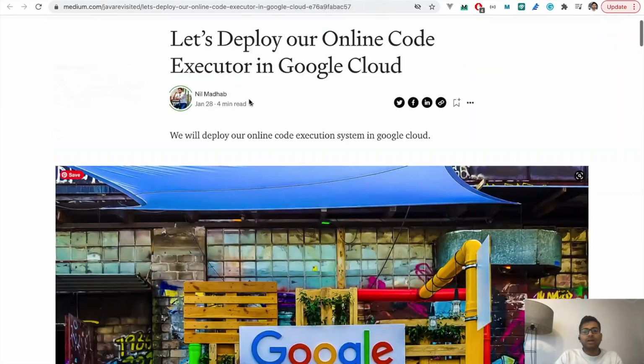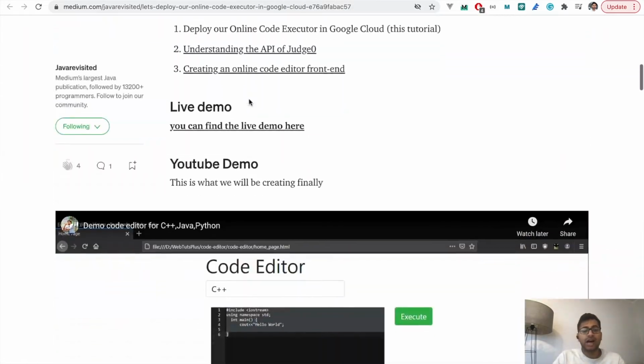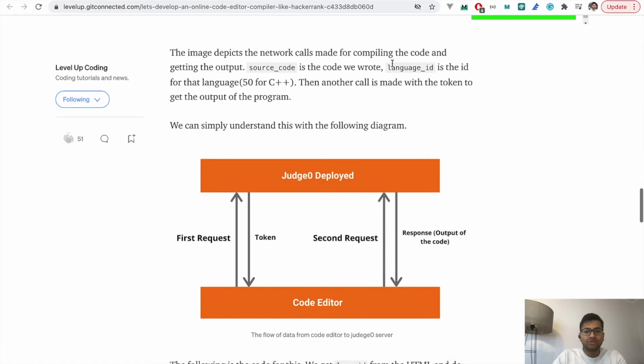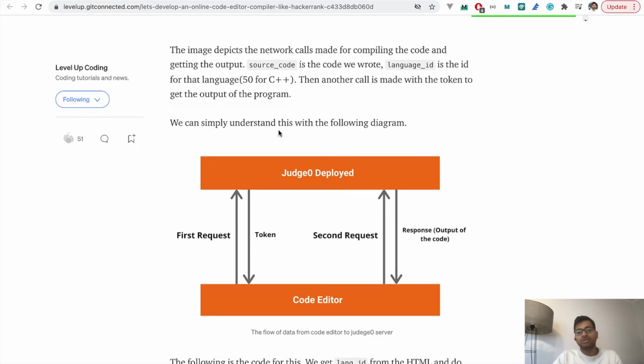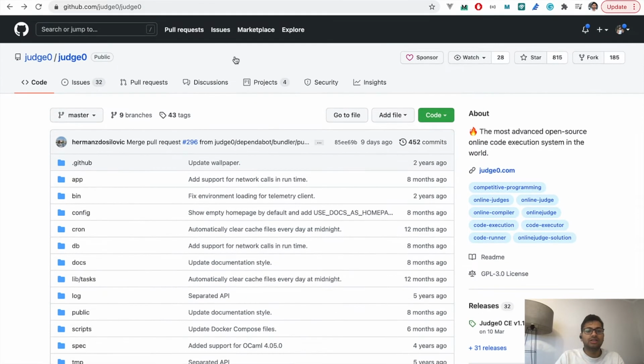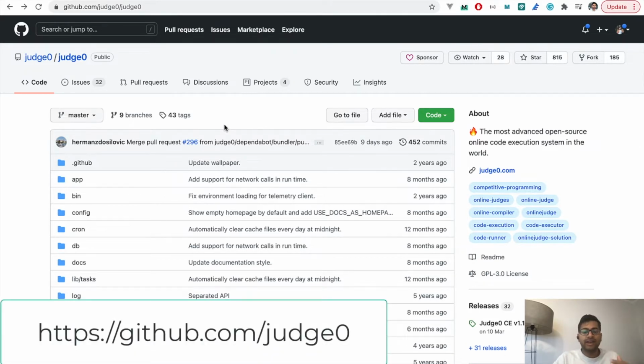I have created one nice tutorial on how to create that. So first you have to use a backend to deploy the backend code. So we'll use something called Judge0 to deploy our backend. So the thing is, our backend will take,